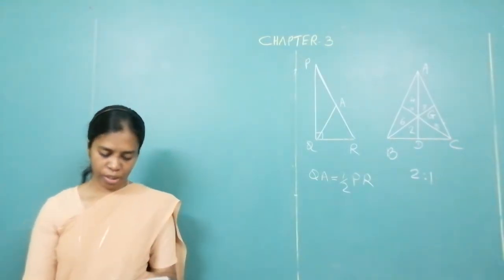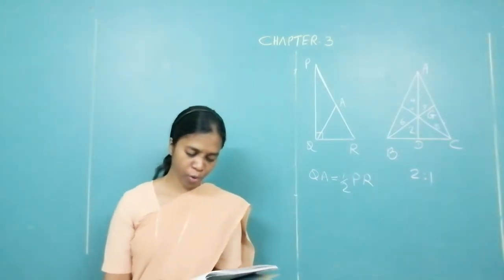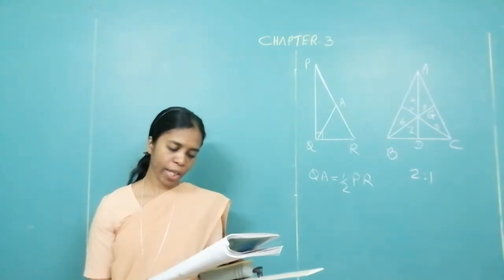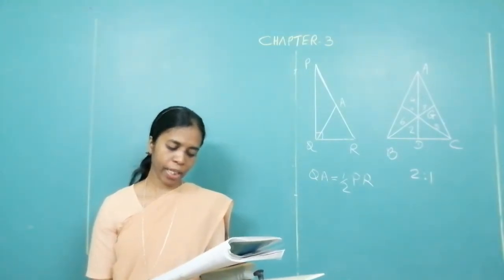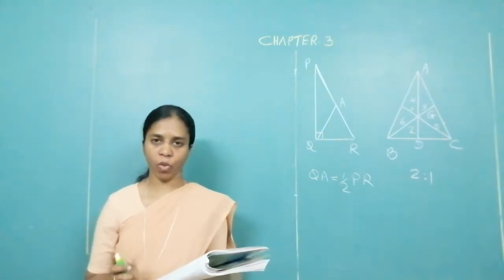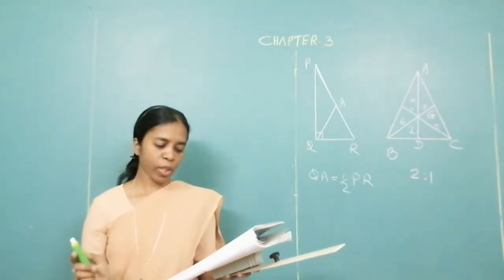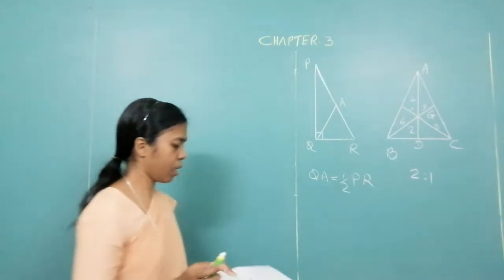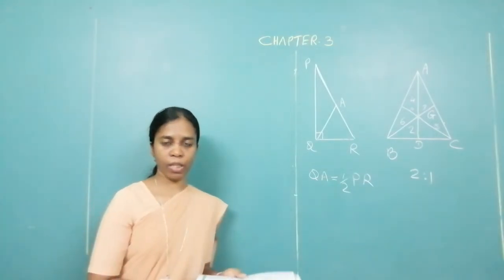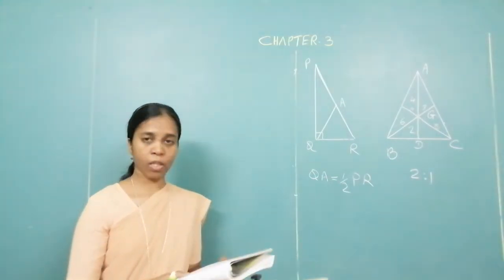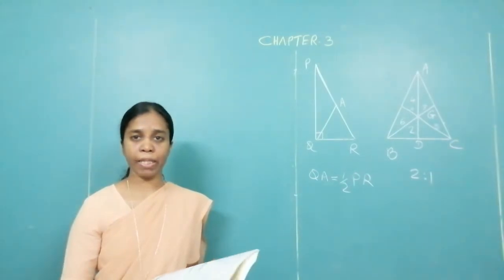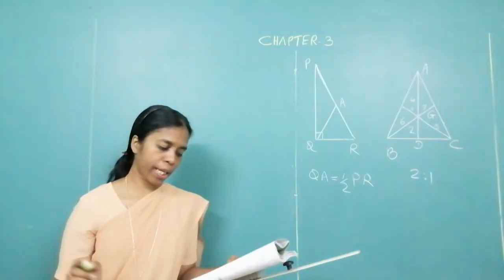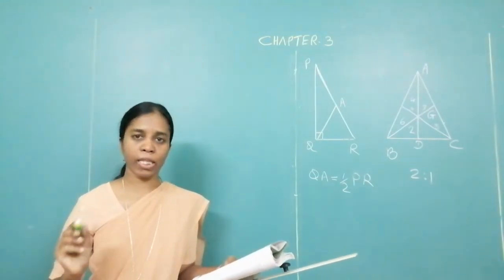Find the values of x and y using the information given in figure 3.37. Find the measures of angle ABD and angle ACD. First, look at triangle ABC. All of you can see the diagram over there. There is something marked on the triangle. What does it indicate? It says that triangle ABC is an isosceles triangle.